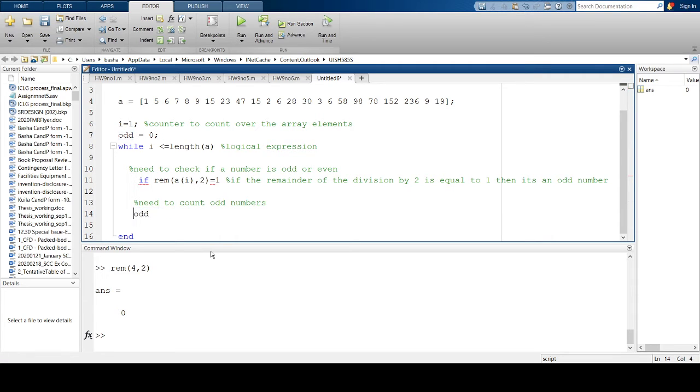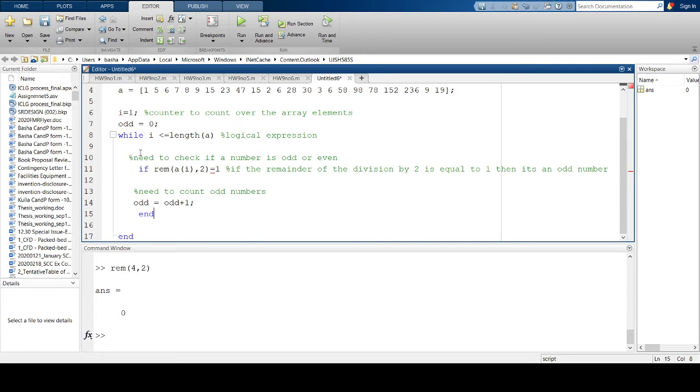Let's just call it odd, is equal to odd plus 1, right? And then I'm going to end out of my if statement. So let's have a closer look at what we did. Sorry. So while i is less than or equal to length of a,